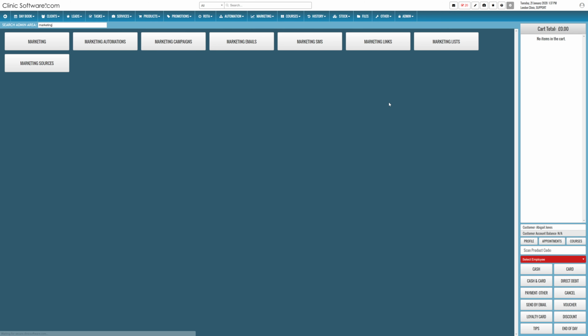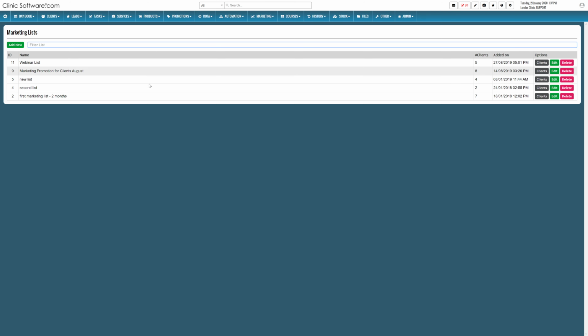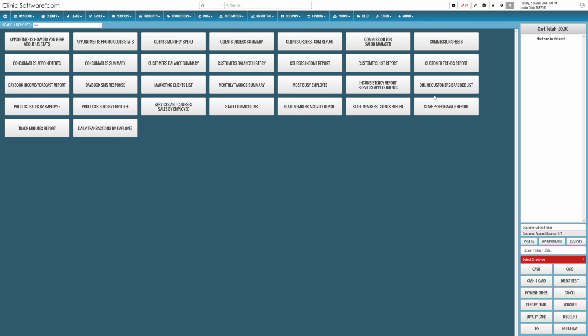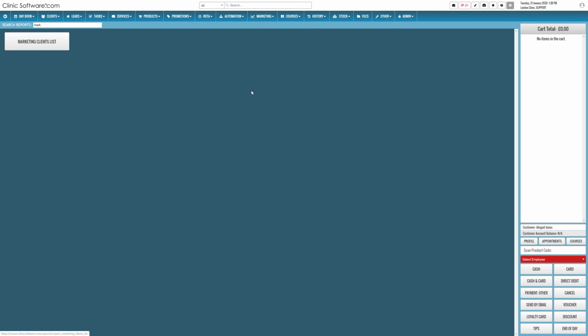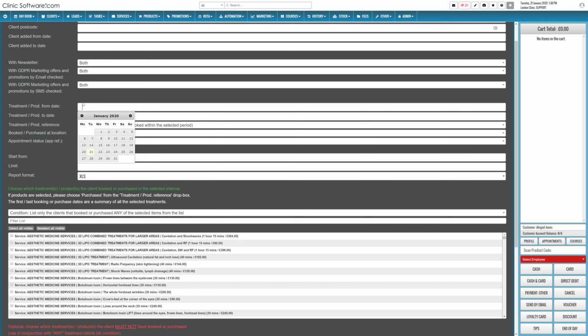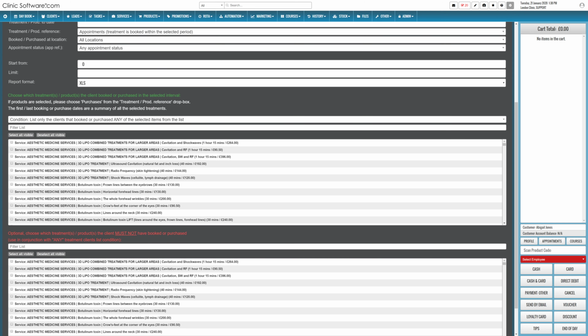Then we have marketing lists of clients, where we have clients based on the settings we have in place and based on the treatment they have, and we can nicely and easily export a nice report. And then we have the marketing sources and links, and in connection with automation, if I'm going into the report section, I can go into the list reports, and I can have marketing clients list, and here I can have the customers who had specific treatments in a specific period of time,